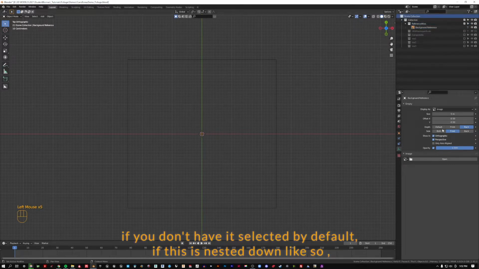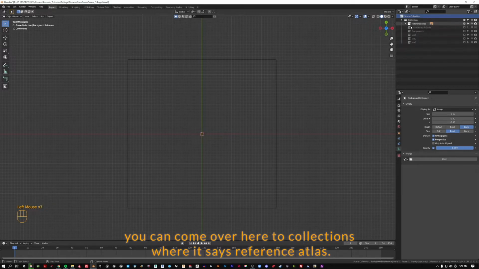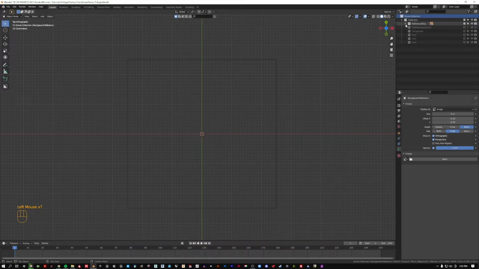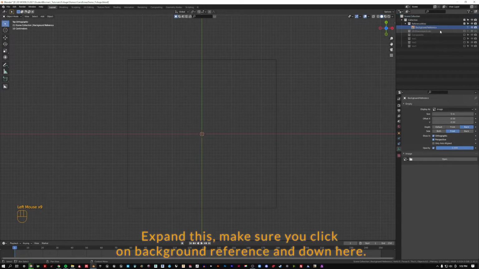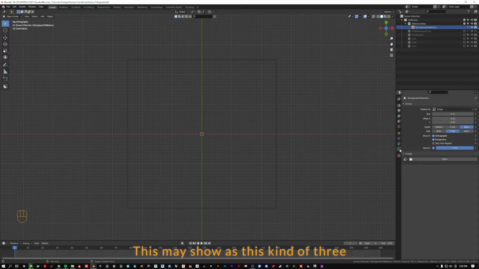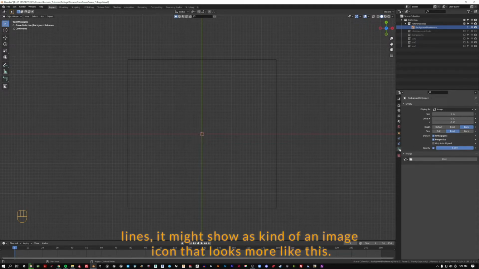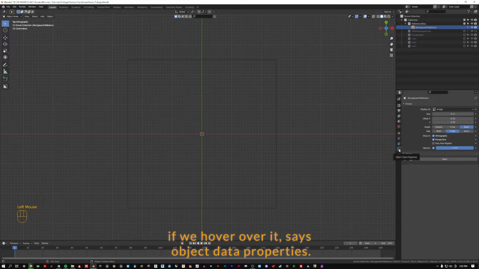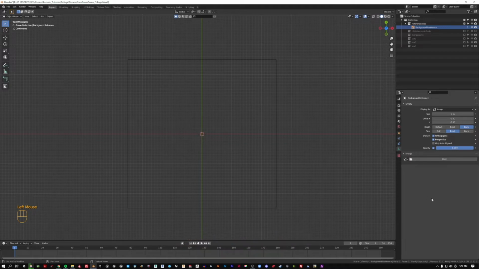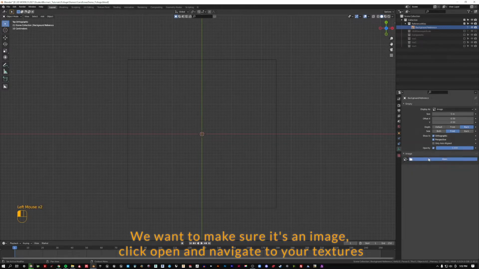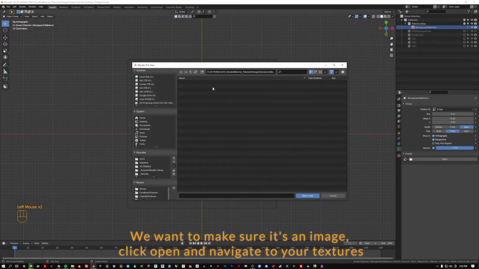If you don't have it selected by default, if this is nested down like so, you can come over here to collections where it says reference atlas, expand this, make sure you click on background reference, and down here this may show as this kind of 3 lines. It might show as kind of an image icon that looks more like this, but either way we want to click on that. If we hover over, it says object data properties, and I'm going to click open next to this image. We want to make sure it's that image, click open, and navigate to your textures